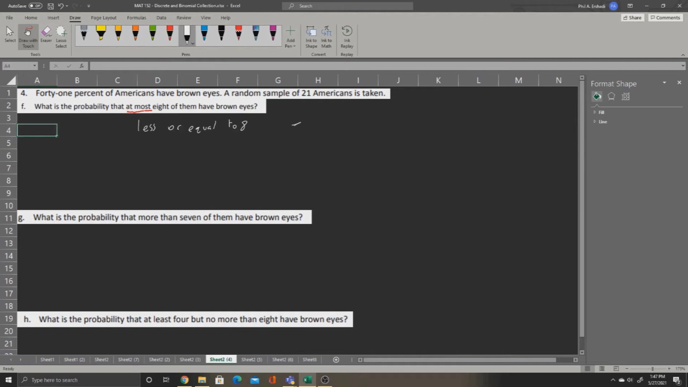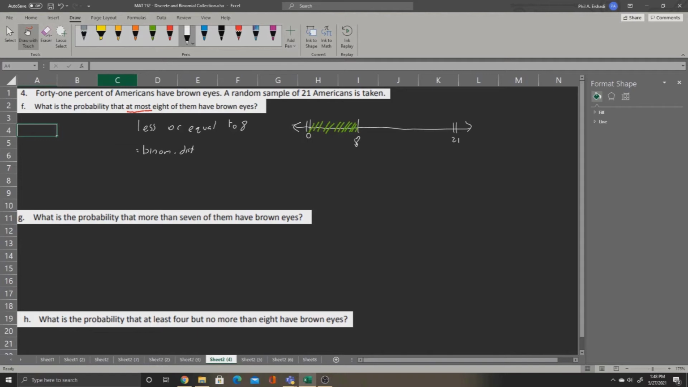Once again, let's draw a picture. Once again, we start at 0, end at 21. We'll make a mark for 8, and we want to go strictly less than 8, or including 8. We'll make a mark at 8. 8 will be part of the answer, but we can also go less. So, once again, we'll use the formula for